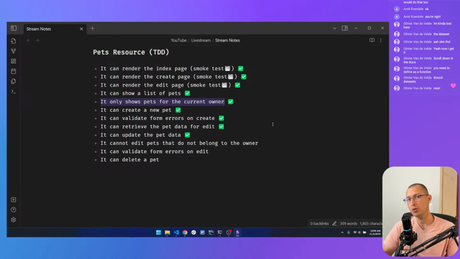The expectation there would be that instead of seeing the form with the pet from a different owner, which will allow us to actually update it, we should see a 403 page, meaning that we don't have access to that pet. So let's make sure that happens, because this test right here is passing, right?